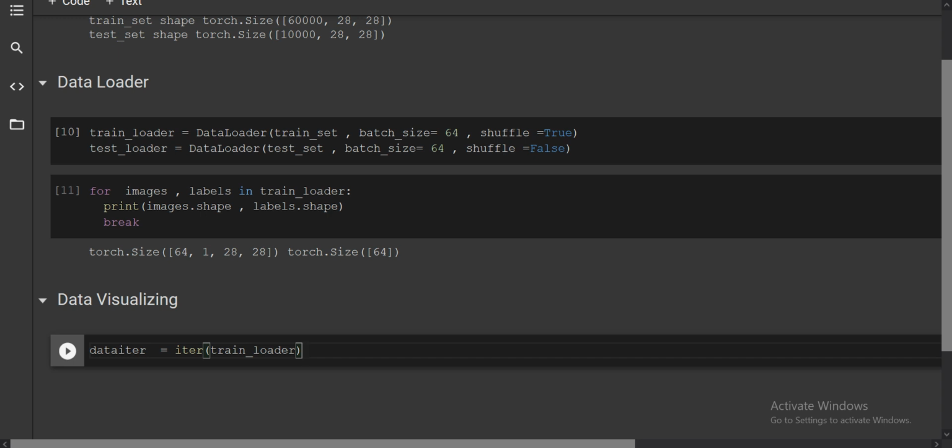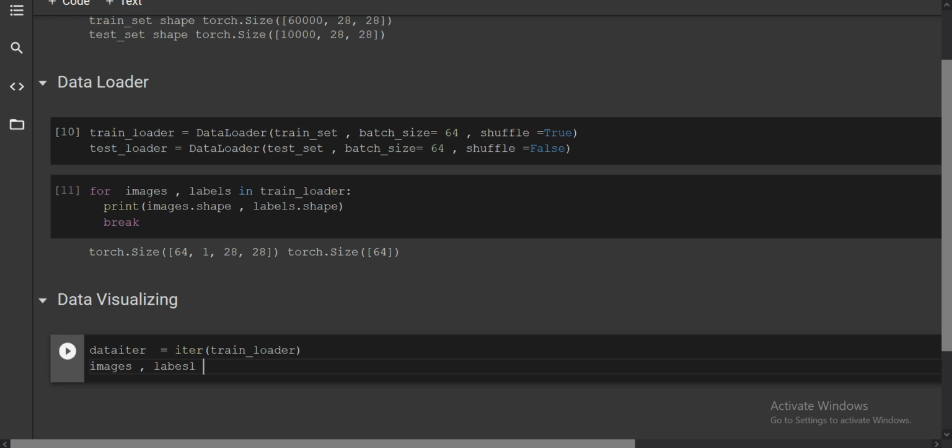So you write images, labels equal to data_iter next. It is the same as the for loop, but with this Python is not holding everything in memory.